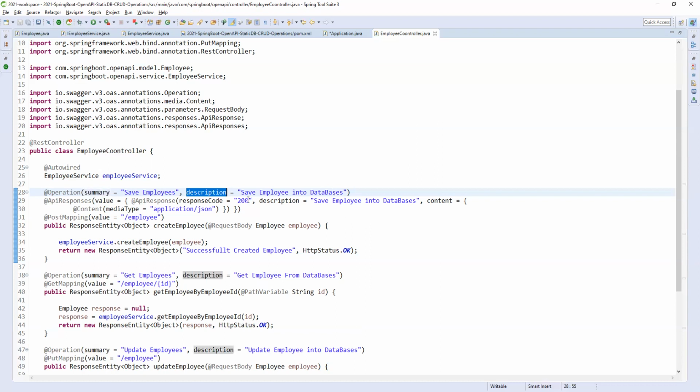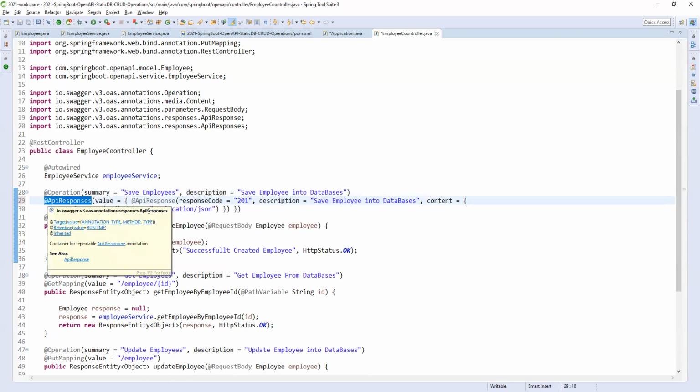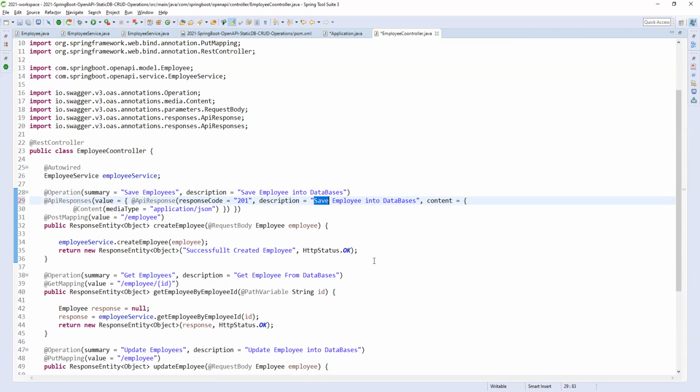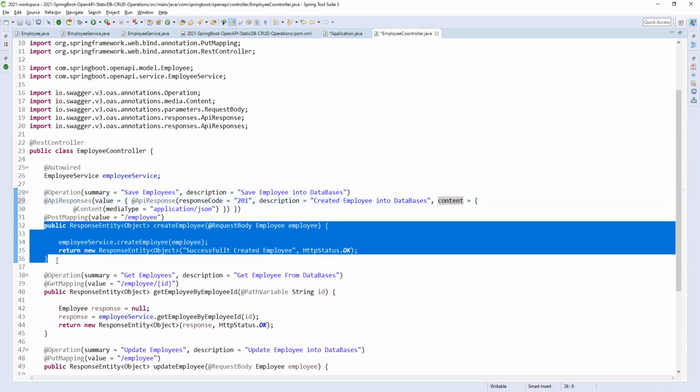Next, the responses: @ApiResponses. You can specify the responses also. So 201 is the response, and the description is created employee into database. Then content: what is the content of this, what response you are giving or what request you are taking?